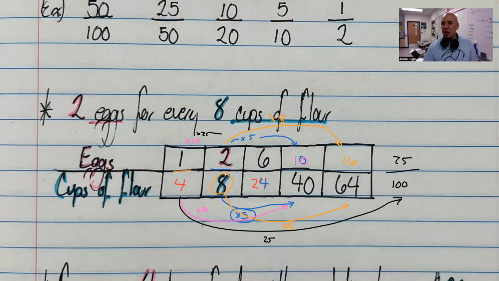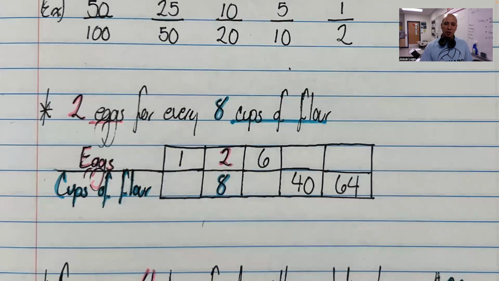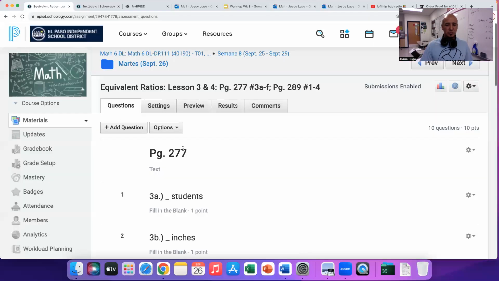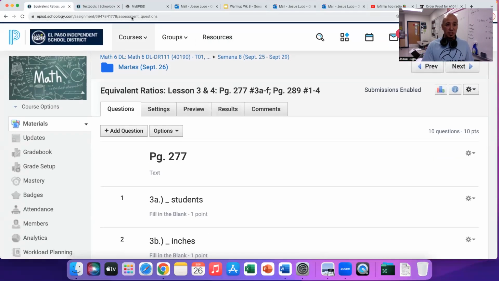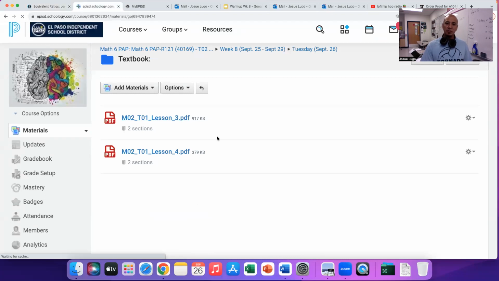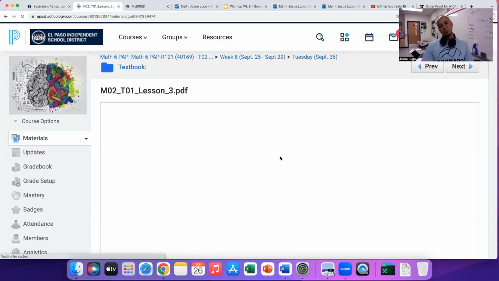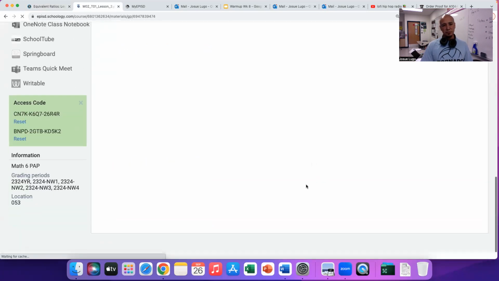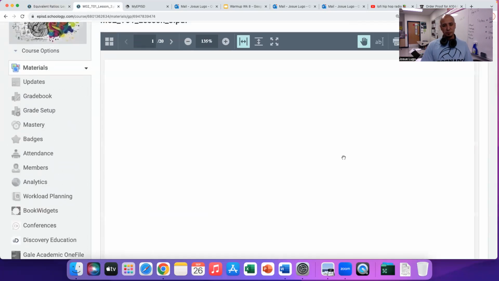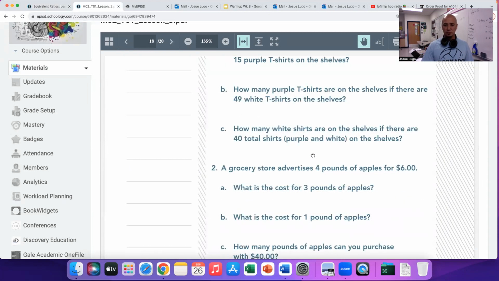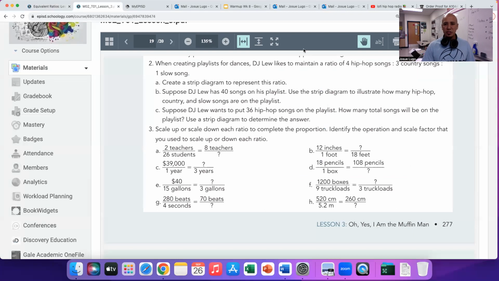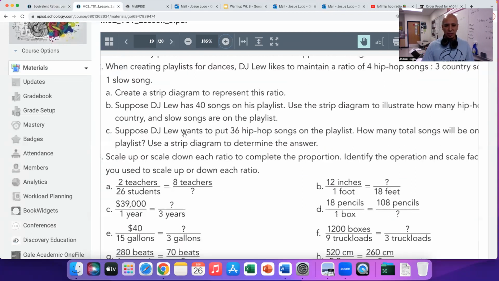So that's relevant for a few examples that we can see from our very own textbook, ladies and gentlemen. In fact, if I go and look at the textbook for this specific assignment, if I go down to page 277, just give me 1 second. To the very bottom. There it is. Notice if I focus here on number 3A,